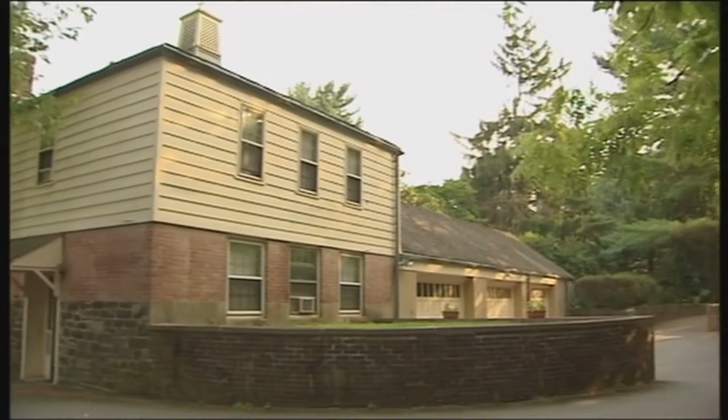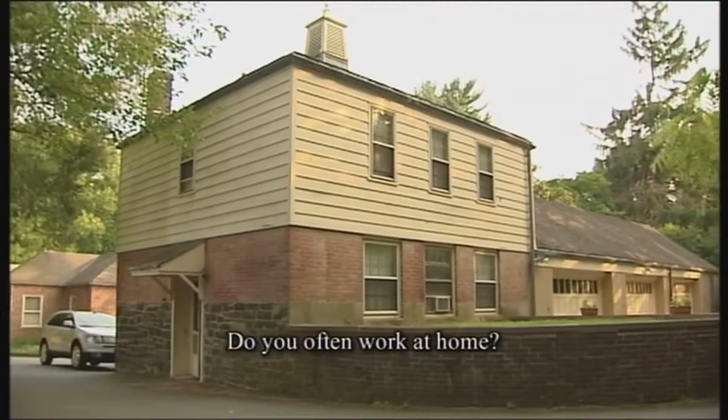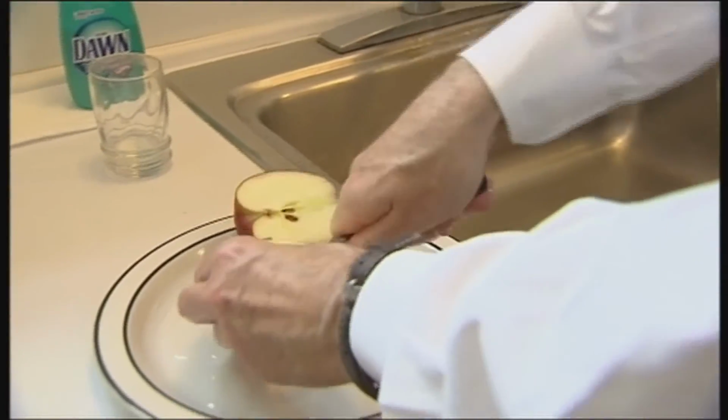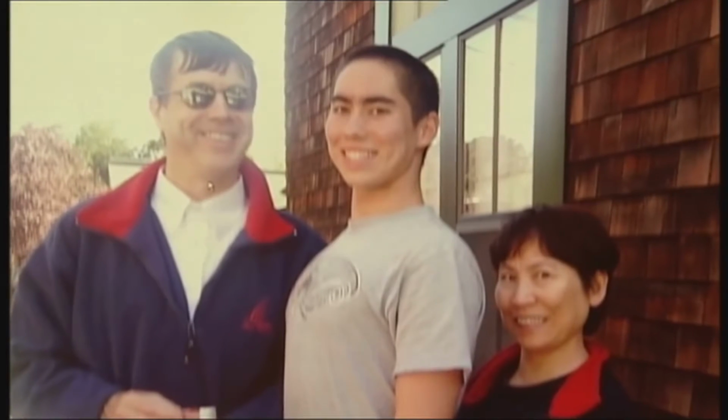Jean rents this house from the Institute. Do you often work at home? In this place, not that much. I may be watching TV and thinking about a math problem. Sometimes I have a little thing to eat. He lives here for 6 months, and during the summer, he moves back to California to be with his wife